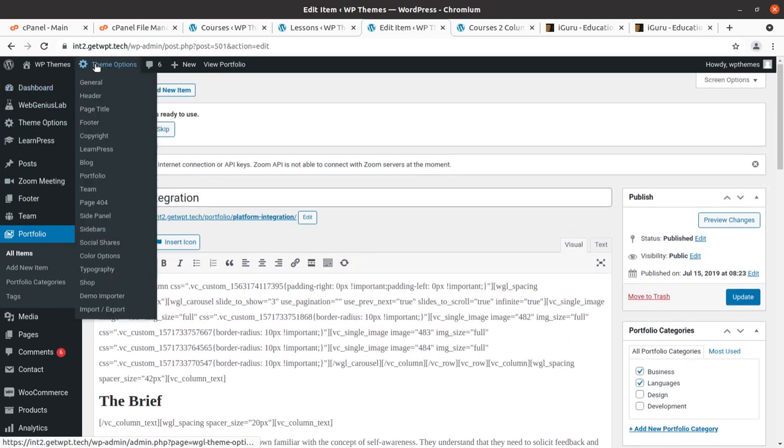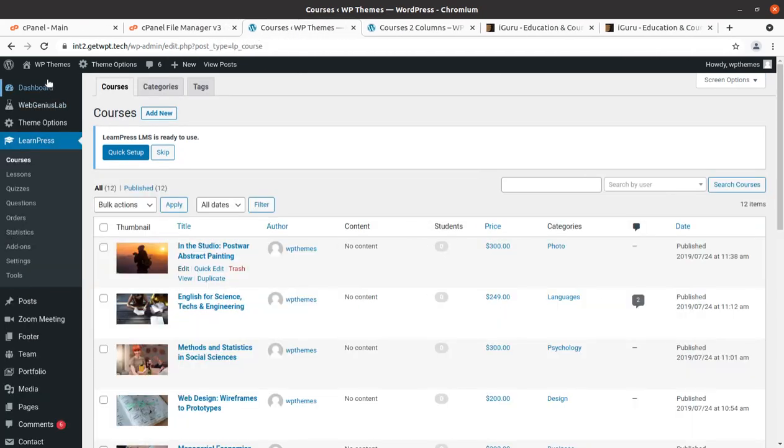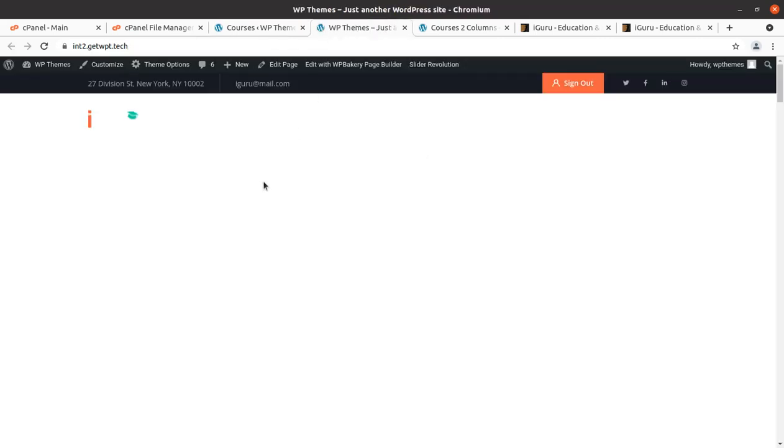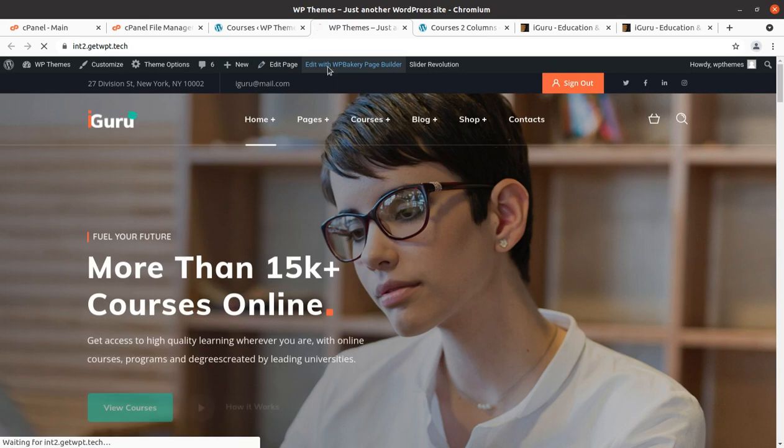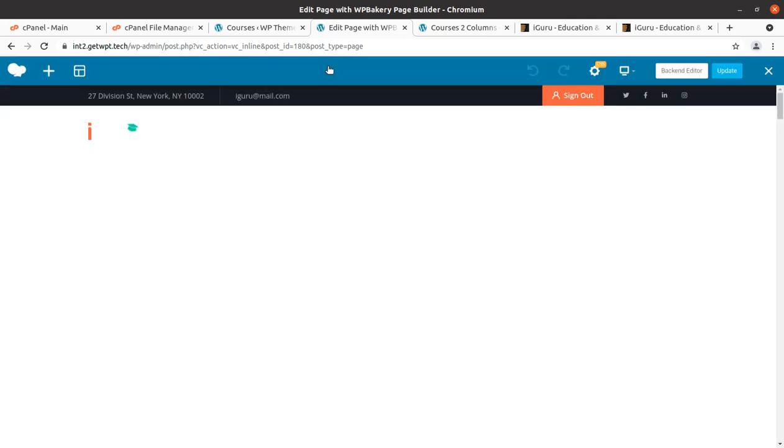And now I will finally show you how to edit the content of the page. Let us assume we are going to edit the home page itself, so just open the home page and click on edit with WP Bakery Page Builder. If you are new to WordPress or you are editing with WP Bakery Page Builder for the very first time, I recommend taking a backup of the page, at least the home page, using any duplicator plugin, so that just in case you make a mistake you can restore the page.